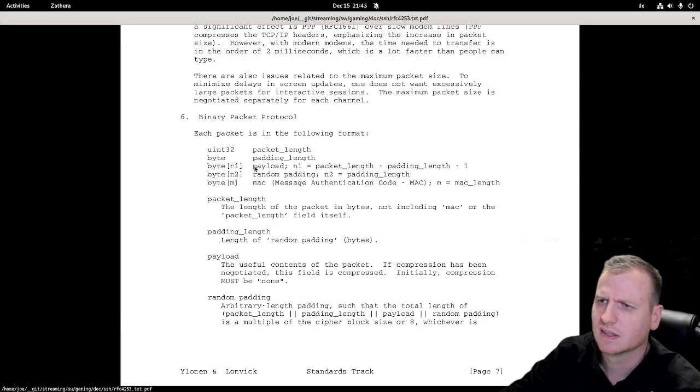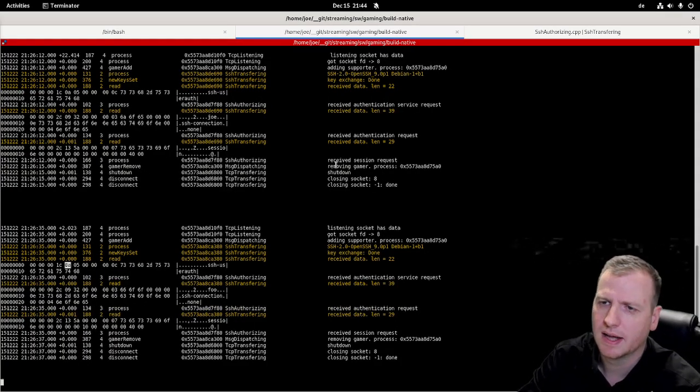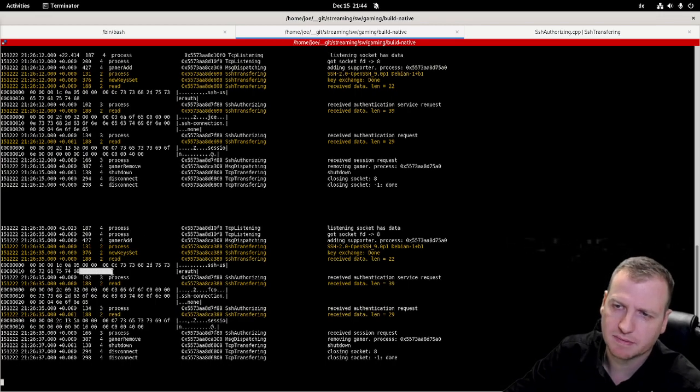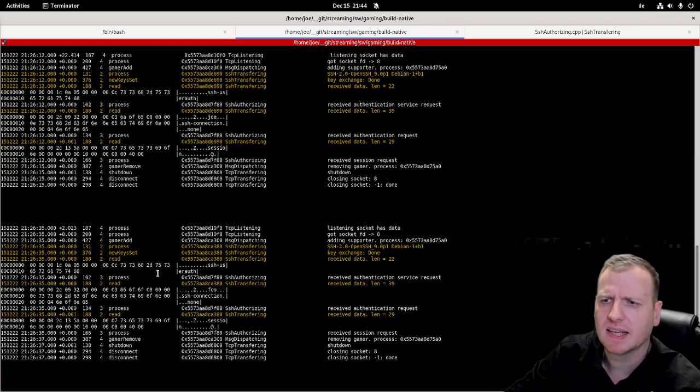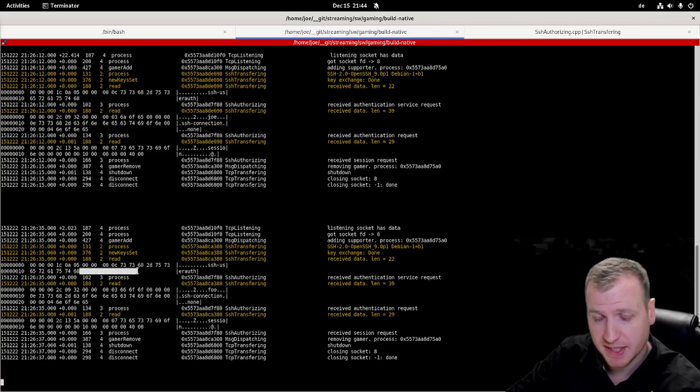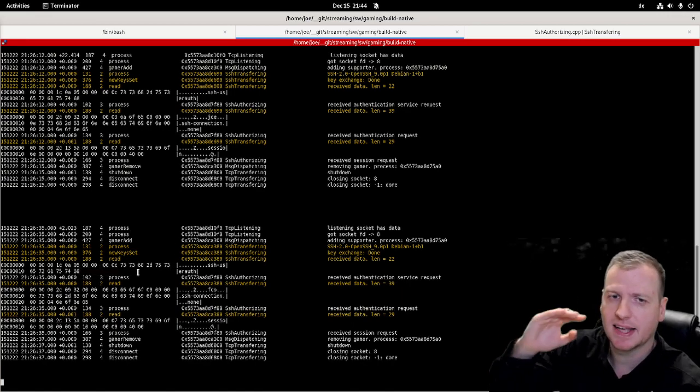Then the payload. Then some random padding and the MAC. That's the transport layer, and I have removed this stuff already, because we don't see the padding here, because at this stage the